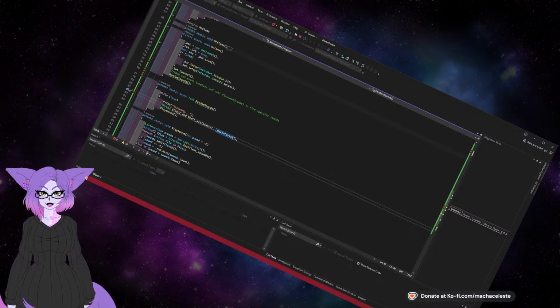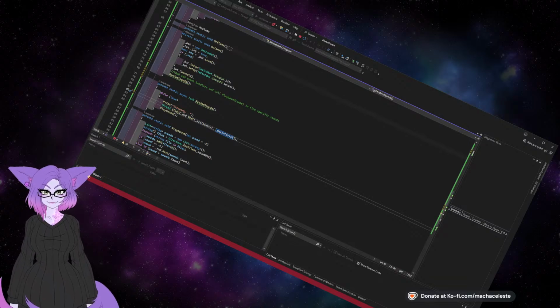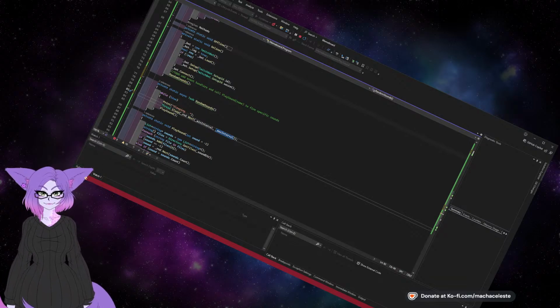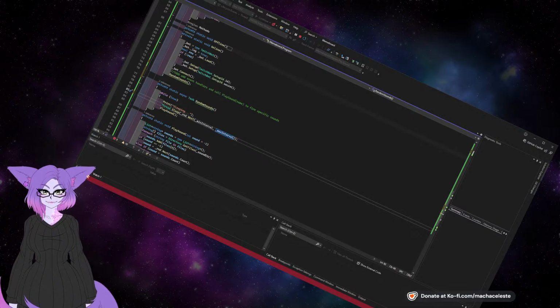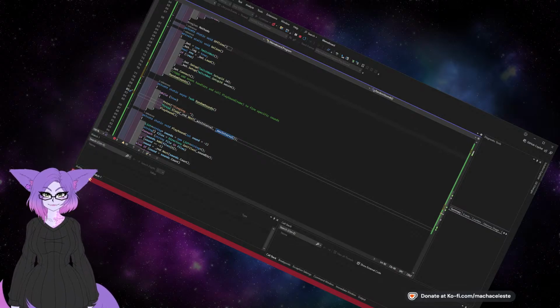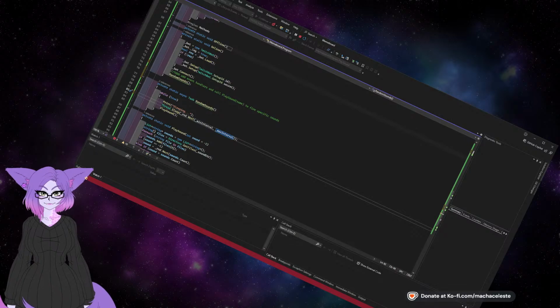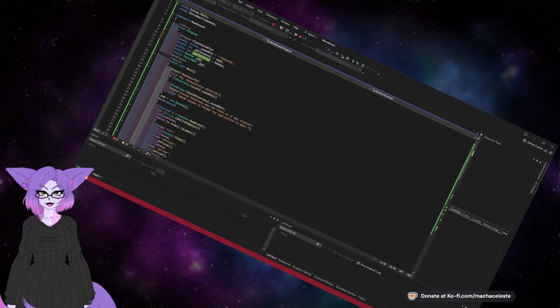What did I learn? Summaries on methods. I learned summaries on methods. I learned how to make a class DLL from my class library. I learned how to do